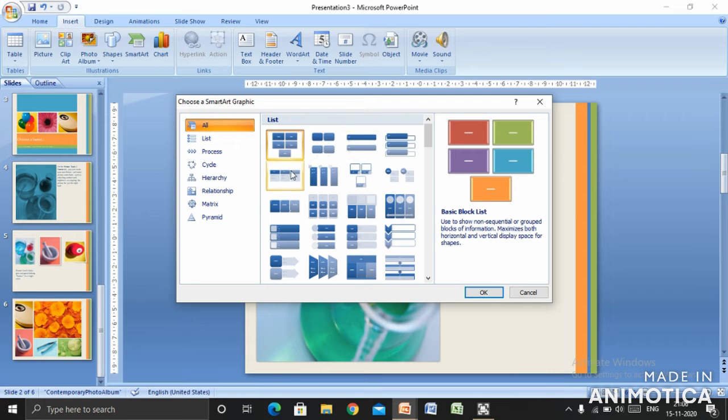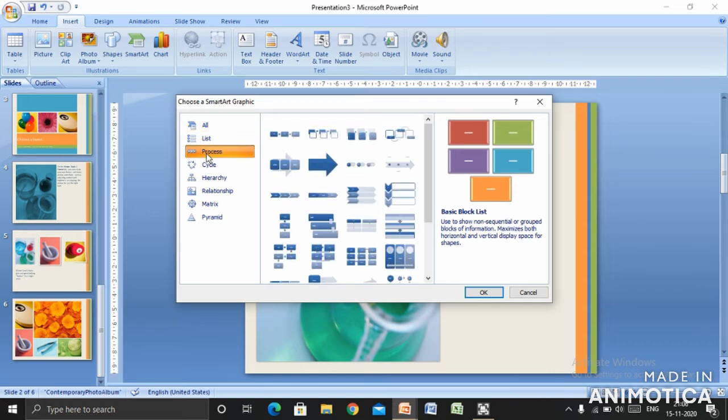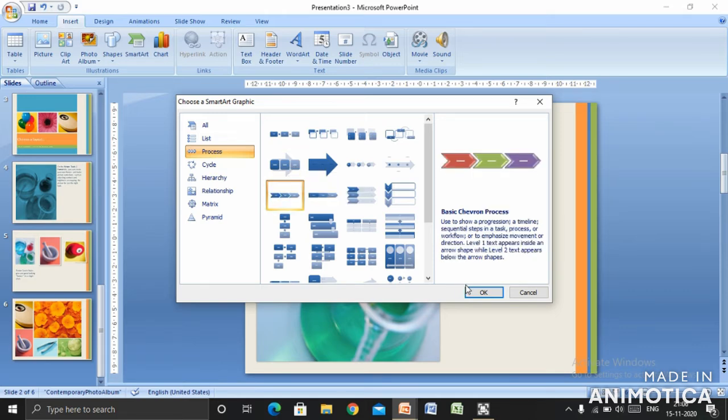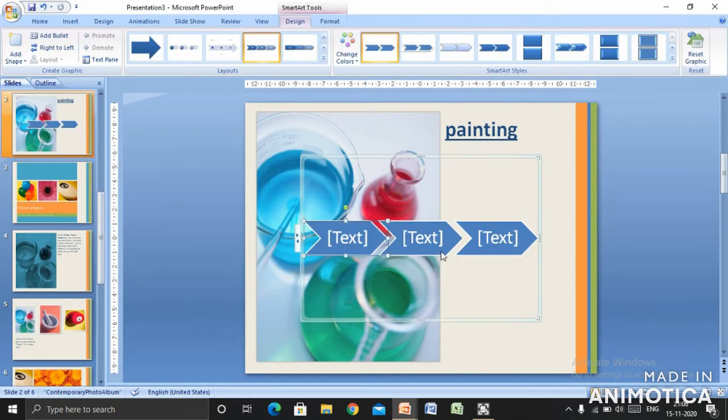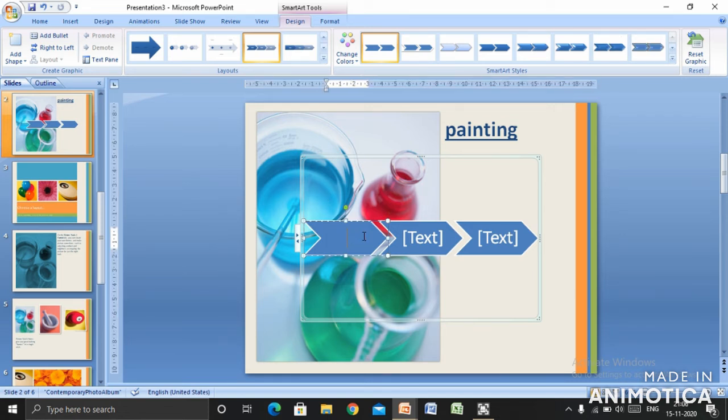You can select whatever SmartArt you want, like Process here. Click on OK and it will be inserted. Suppose you want to write here good, then you can write here better, then next is best.